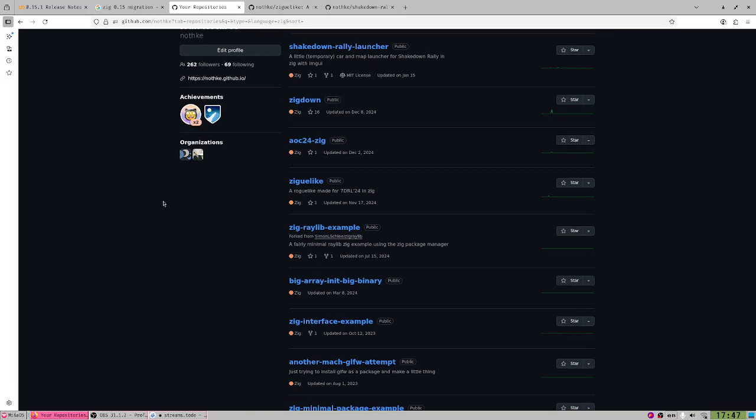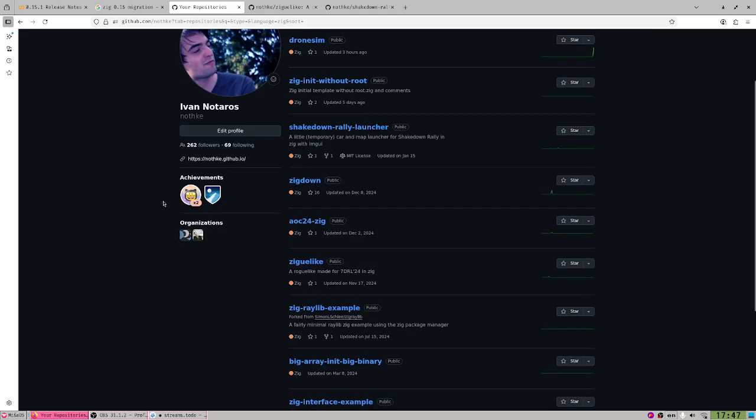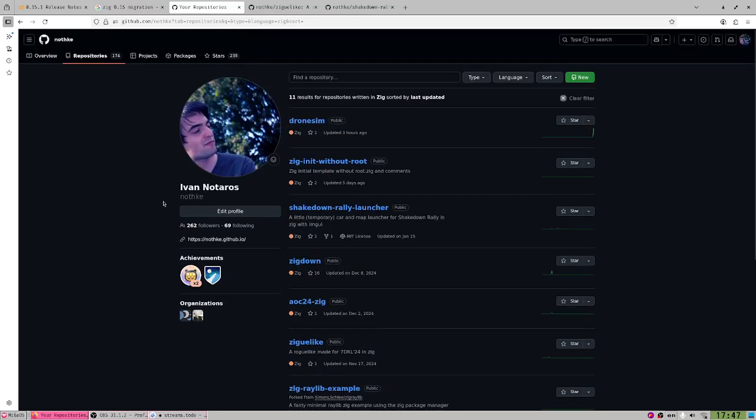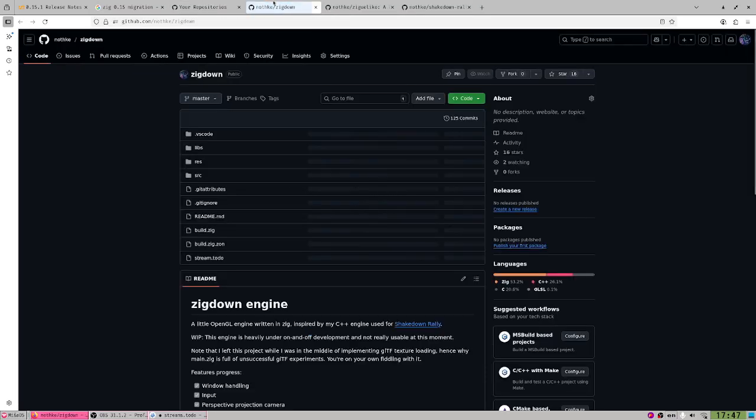Raylib example, yeah, this one I actually updated recently. Let's see, and Zigdown engine, yeah, that is my own engine in OpenGL, and I kind of want to do these two, right?